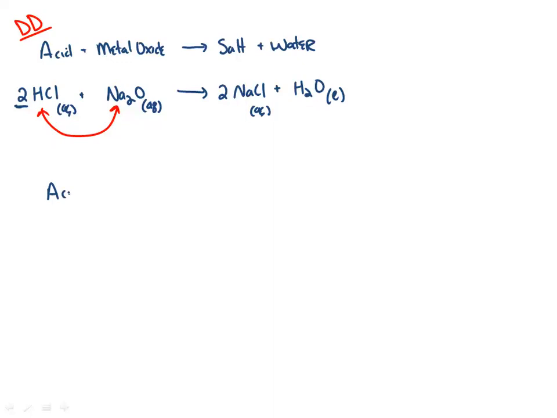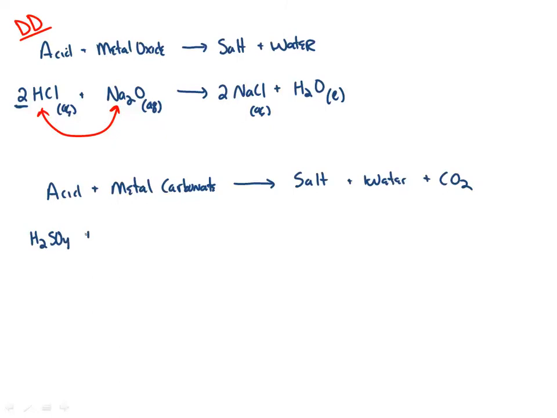What if I take an acid plus a metal carbonate? The reason they break this down is because a lot of these reactions we can do to test the strength of acids, or they're just very specific reactions that occur frequently. For us, we're just going to treat all the acid-base reactions like stuff we already know. So an acid plus a metal carbonate is going to give us salt plus water plus carbon dioxide, so CO2. So if I take, for instance, H2SO4